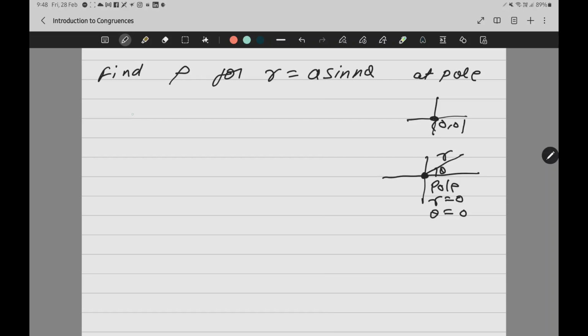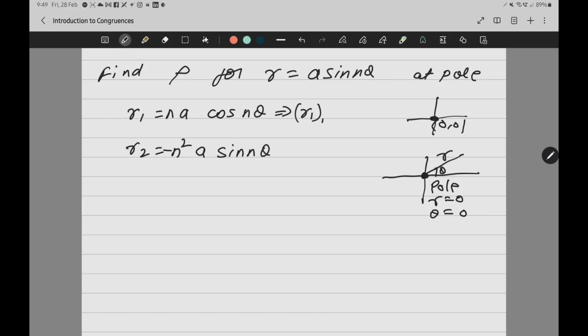If r is equal to A sine n theta, what is r1? A cos n theta into n. And what is r2? R2 will be again differentiated. So n square A sine n theta with negative sign. So I got R1 and R2. Now this R1 and R2 I need at pole, right? So at pole,